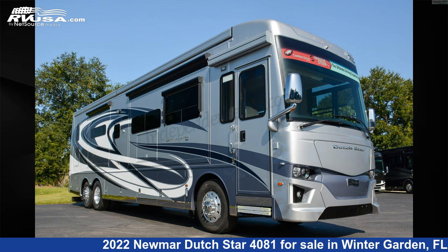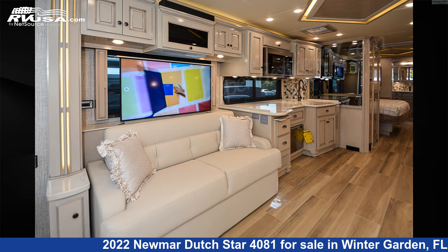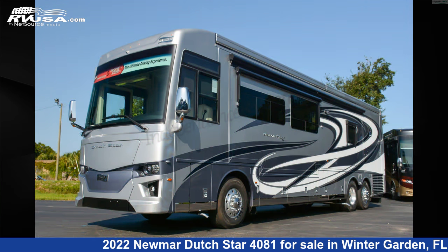This 2022 Newmar Dutch Star 4081 is a Class A RV. It is located in Winter Garden, FL 34787 and is offered for sale by Independence RV Sales. This new Newmar is 40 feet 9 inches in length and features 3 slideouts, a Wylie Decor, Glacier Glazed Maple